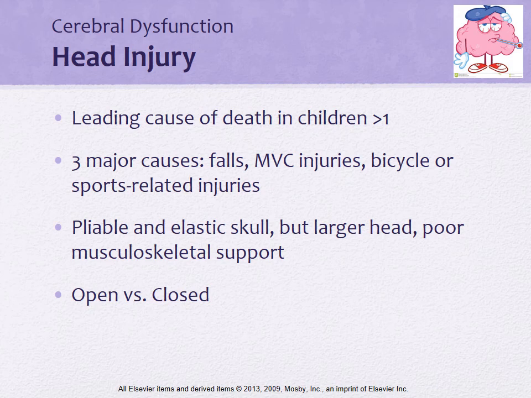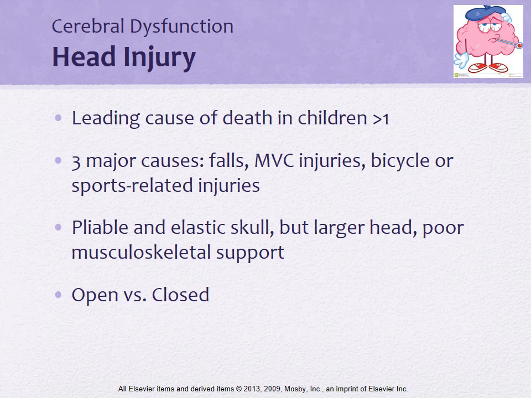The three major causes of head injury are falls, which might be accidental versus non-accidental. So did they get pushed or did they fall on their own? Motor vehicle crash injuries, typically when the child or adolescent is poorly secured or not secured at all. Bicycle injuries, when they have no helmet on or unsafe practices while wearing the helmet, and maybe they're even hit by a car. And then sports-related injuries, typically football, even though they have the helmet on. That's a big thing the concussion programs are trying to address. But in other sports, soccer, basketball, anybody can get hit in the head. So you're always at risk.